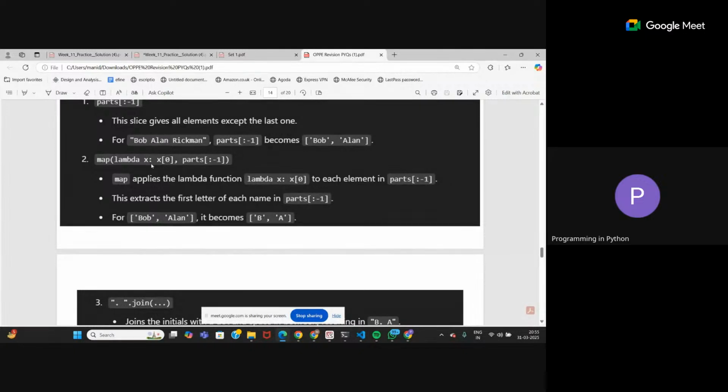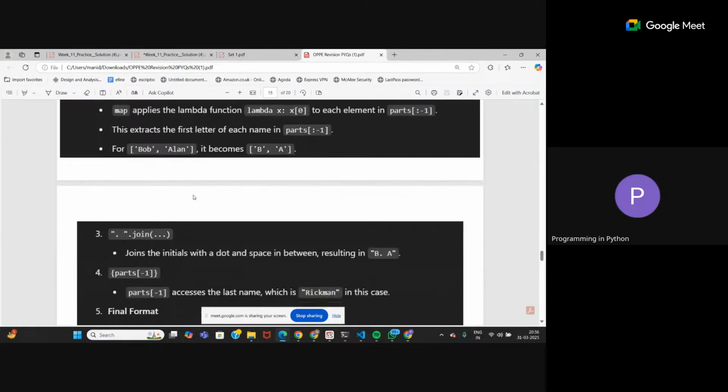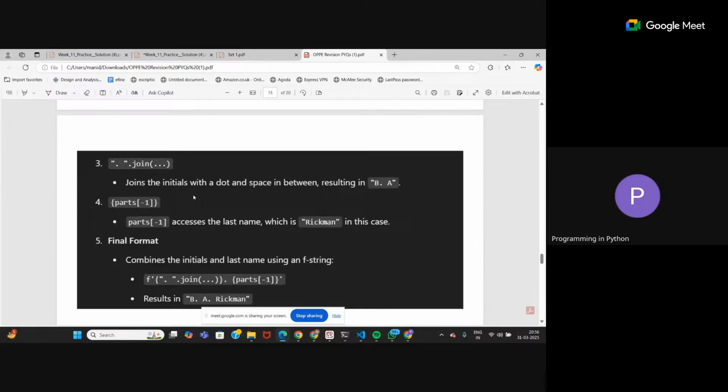And then the x variable is what? It is acting as a representative of every single element in that list. So for the first name, let's say if I consider the first name as x, we'll take x of 0, that is the first letter in that first name. You can check out the previous videos where we have discussed lambda functions. There you will understand. So this is just an easier way of writing it. Your friends have also written it in different ways. They have pasted in the chat. You can try those codes also.